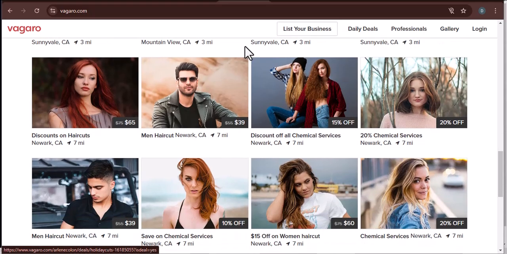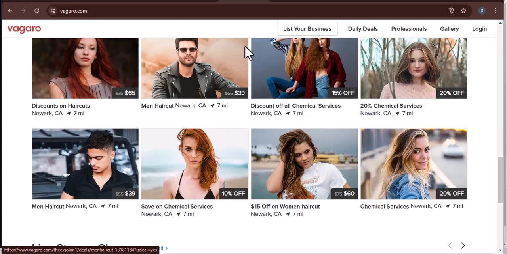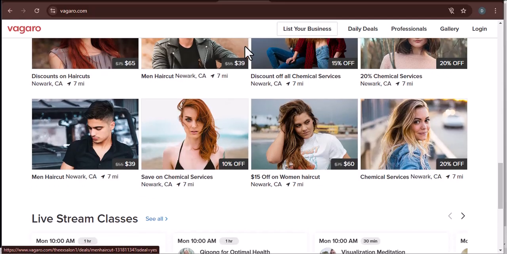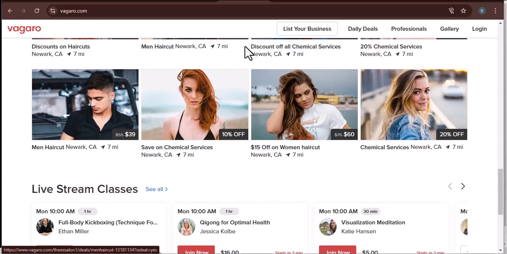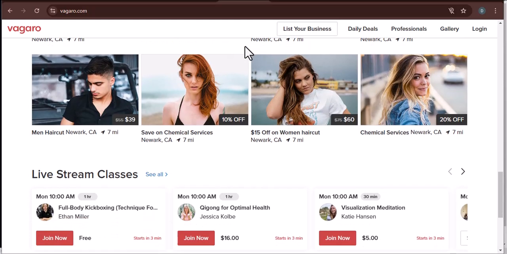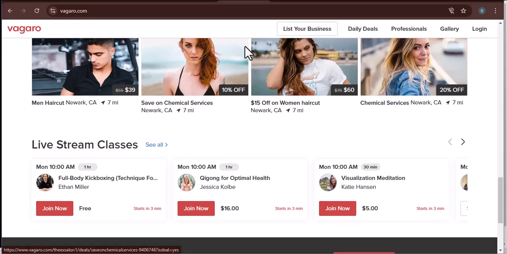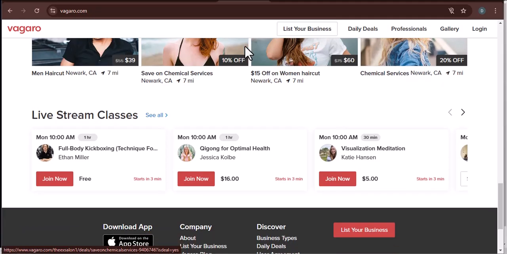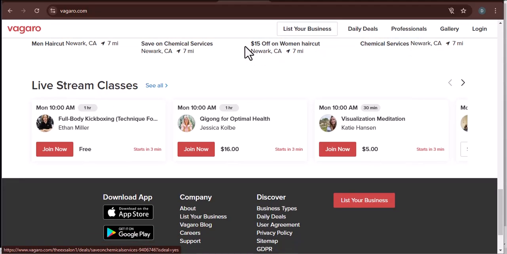Before we dive into the nitty-gritty of Vagaro's functionalities, let's understand why this feature, or the need for it, is so crucial. Client management isn't just about getting people in the door. It's about curating a client base that supports your business goals and allows you to thrive. A disruptive client can occupy time and resources that could be better spent on loyal, appreciative customers. They can also create a negative atmosphere for your staff, leading to burnout and decreased productivity.